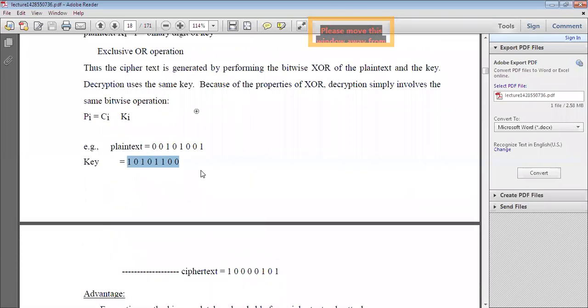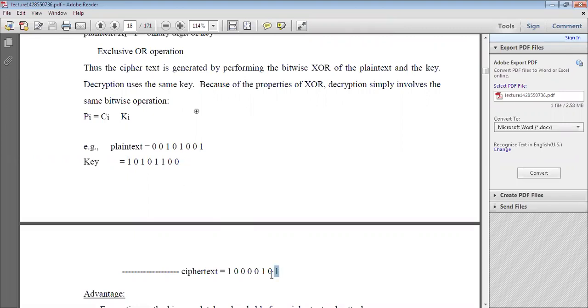If both are zeros or both are ones, the value is 0. In other cases, you get 1. So the first bit of the plain text is 1 and the key bit is 0, so the ciphertext value is 1.